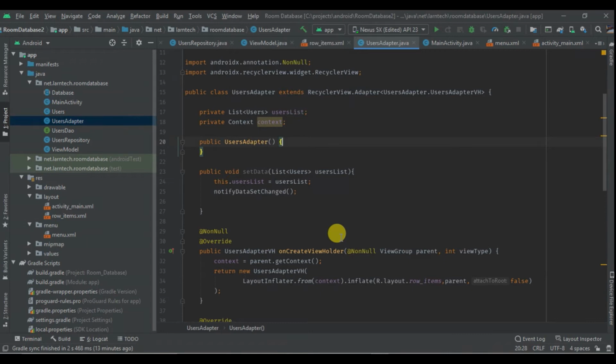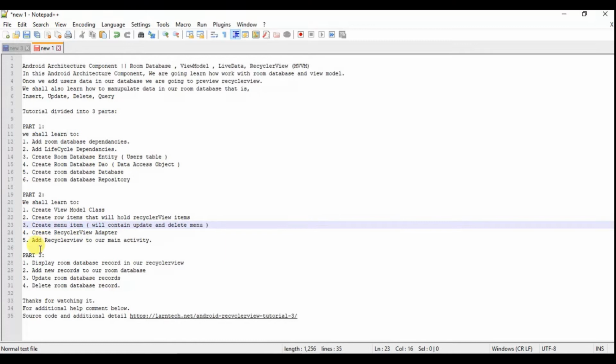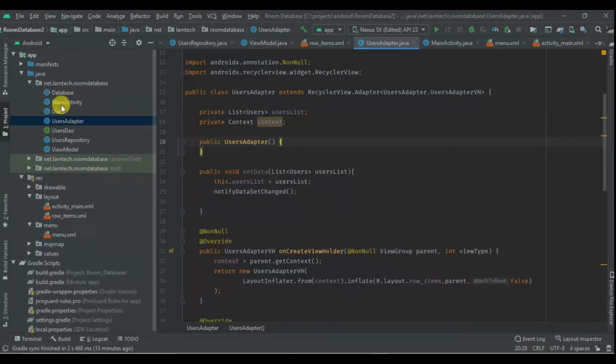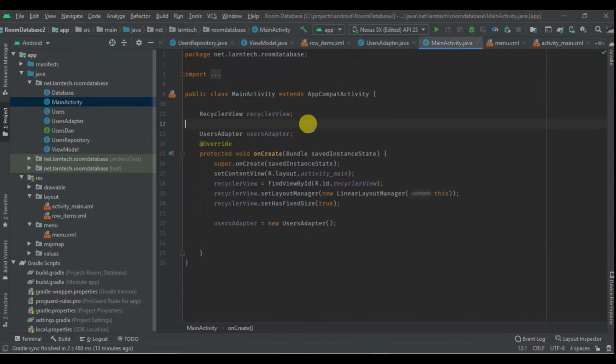Guys, welcome to part 3 of Android architecture component, and in this tutorial we are going to complete our journey. We are going to display room database records in our RecyclerView, add new records, update records, and even delete records. So let's get started. First thing that I'm going to have is